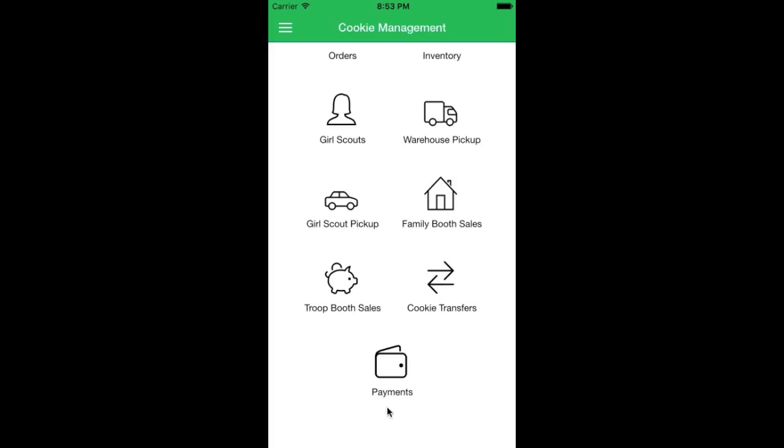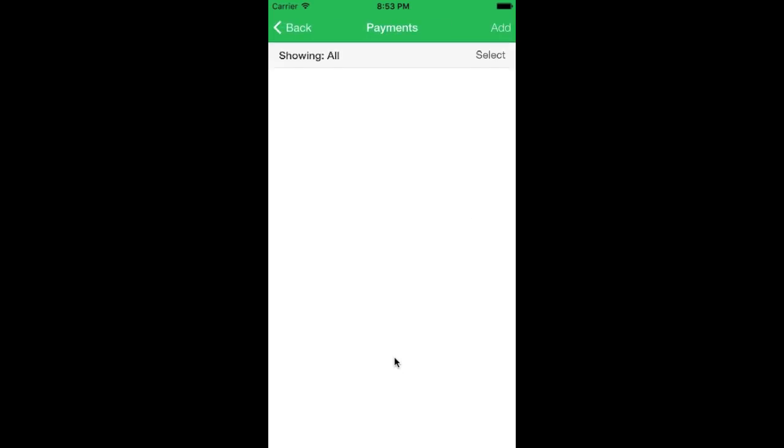Lastly is this payments image down here. So when you click on this, this is where you track all the payments that the Girl Scouts are making to the troop for the boxes they've received. Depending on your schedule, they may have to pay every week or maybe pay all at the end. Whatever it is, whenever they give you money, part of the money that they owe, you click on add,